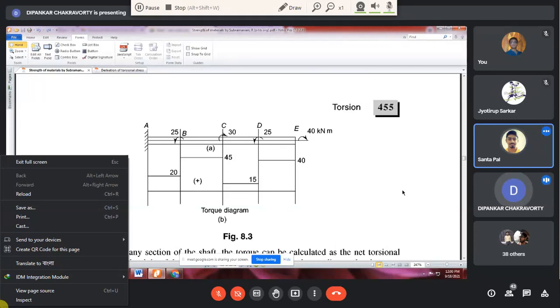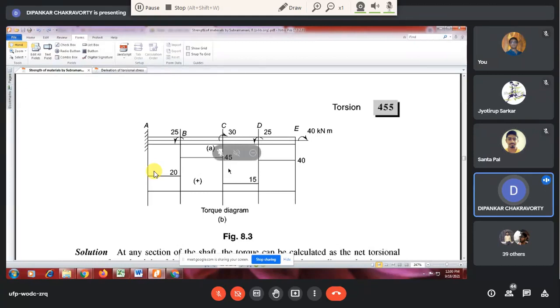Now it is getting subtracted because the value 15 is for the portion DC. When you come to portion DC, you have a clockwise torsion at E and an anti-clockwise torsion at D, and therefore the portion DC will be subjected to the net effect. Okay, sir. Understood. So as you gradually go to section C, the torsion 30 will again be acting towards the left, which is positive. Yes. So 15 plus 30 is 45. Again the torsion value increases and then decreases. So this is the final torsion moment diagram.